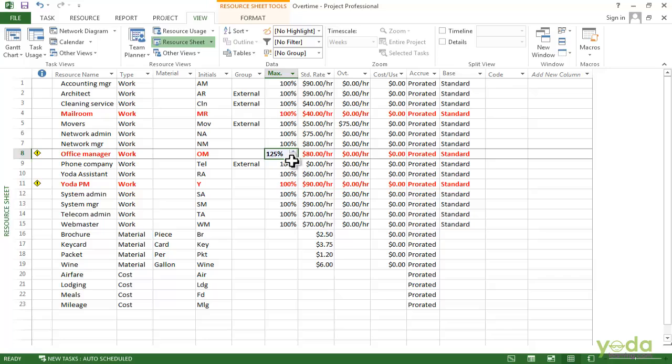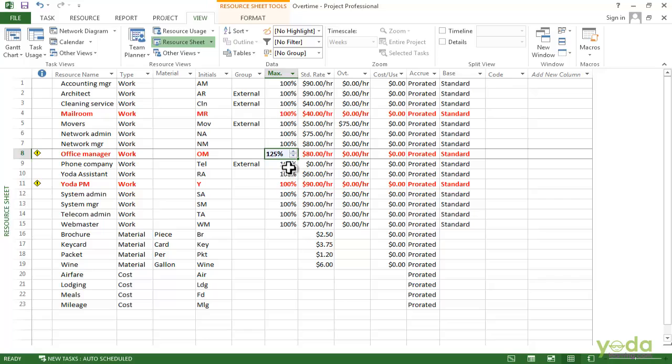Now if the resources are paid more for the overtime hours, you have to assign specific overtime hours in the project to get the right labor costs. Project multiplies the overtime rate by the overtime hours you assign. In the resource sheet, you can see that the movers are paid extra for the overtime.